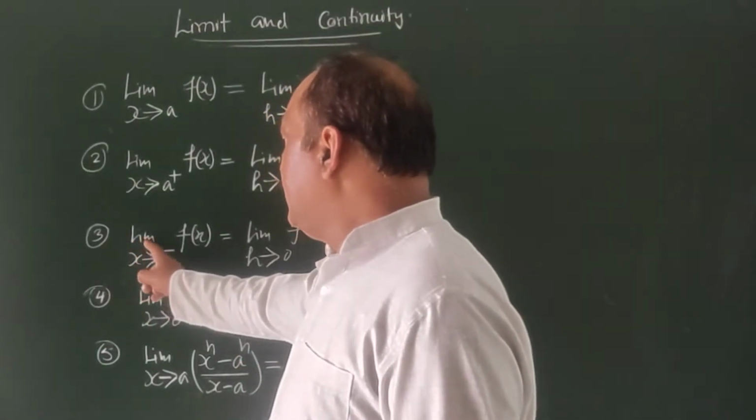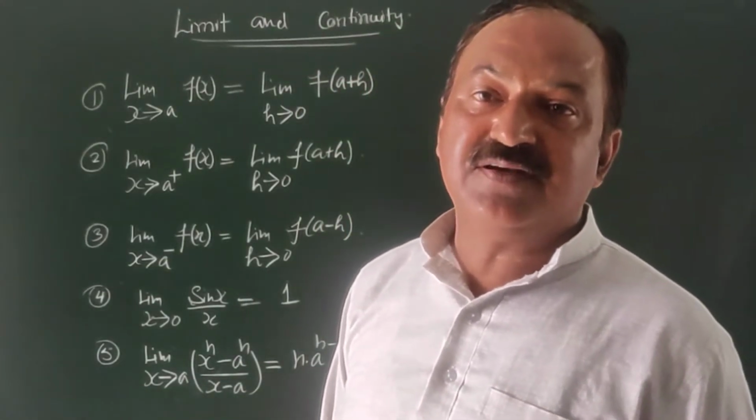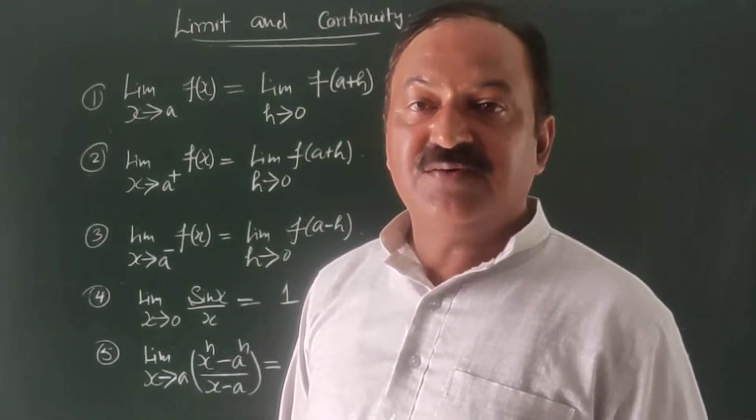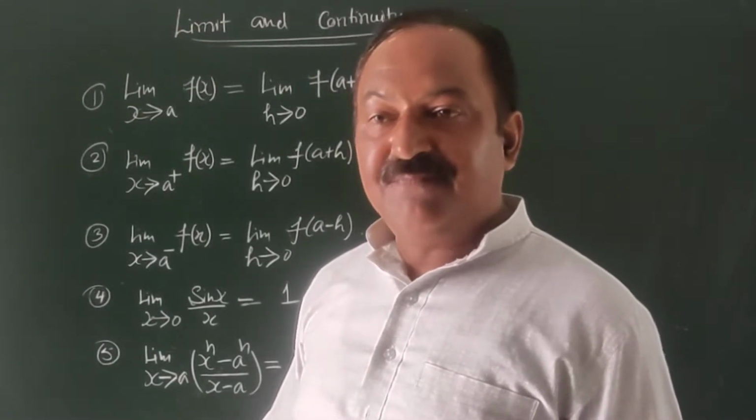एंड थर्ड इज लिमिट ऑफ x अप्रोचेस टू a माइनस। a माइनस मीन्स लेफ्ट लिमिट x अप्रोचेस टू a फ्रॉम द लेफ्ट हैंड साइड